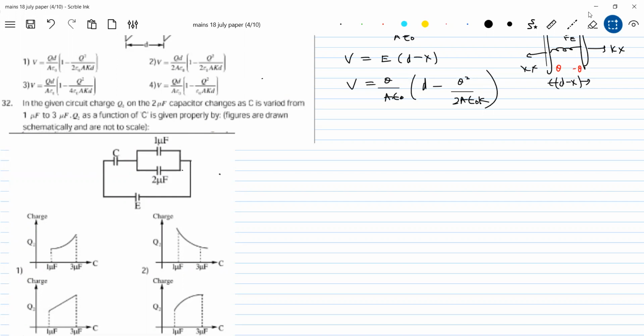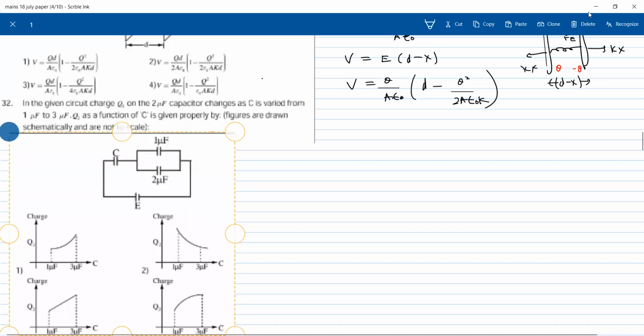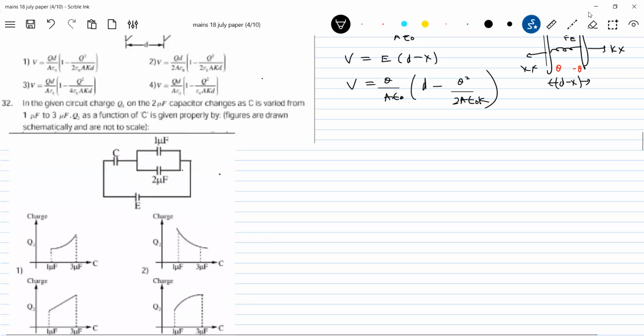We have it like this here. So you just assume a capacitance value of 1 farad and check the charge here. Q2 as a function of C, as the capacitor changes as C is varied from 1 to 3 farad. Given charge Q2, here is where I'll bring the charge. The Q2 charge will be here. How will that Q2 charge vary as you vary this capacitance? That's what the question is. So definitely, as given.